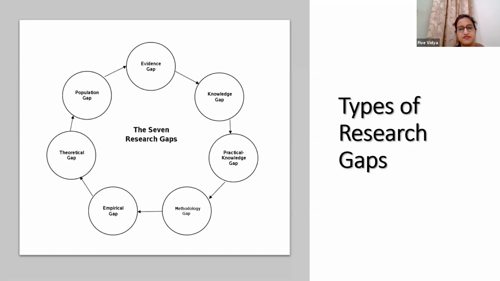Praveen, the difference between an annotated bibliography and a literature review is this: when you are writing the review in a paragraph format, that becomes your literature review. When you write the same review in the form of a table, that becomes your annotated bibliography. In an annotated bibliography, you are specifically mentioning each key term.